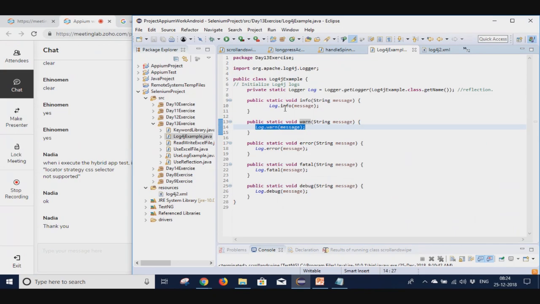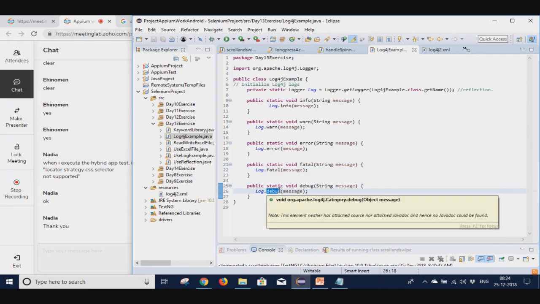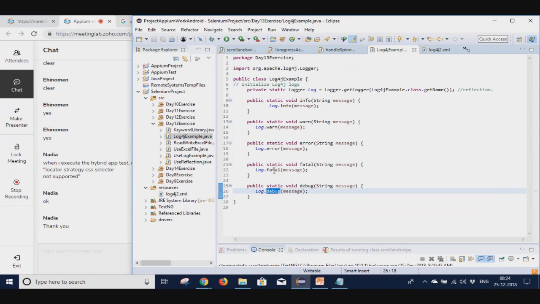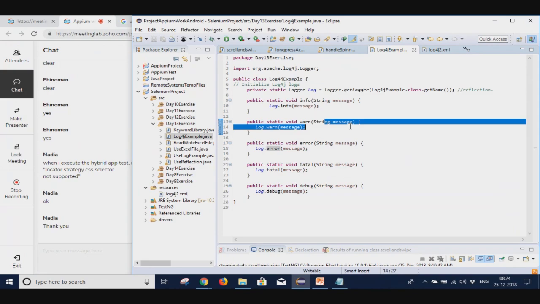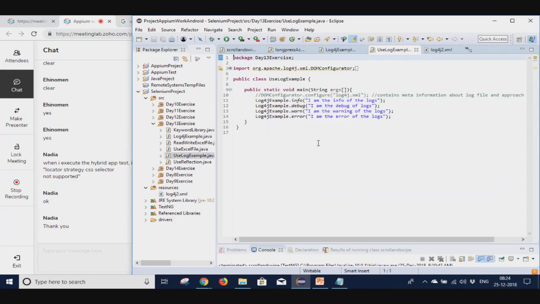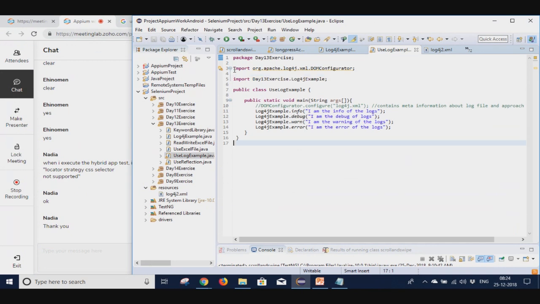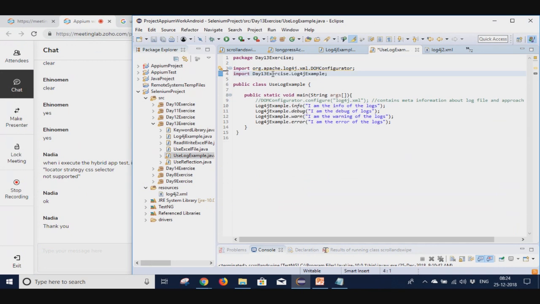Now depending upon where you are calling this log, accordingly you can call these different methods and pass the string message which you want to pass. Here in the use log4j example, I am picking this file and I am then calling my log4j example info flag, debug flag, warn flag and error flag. So if I run this program,